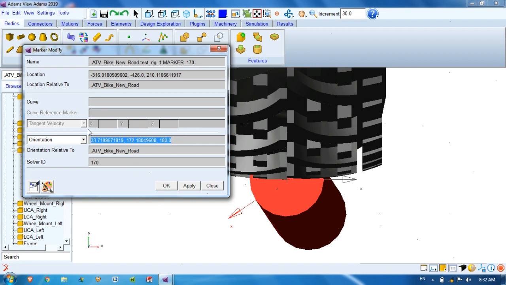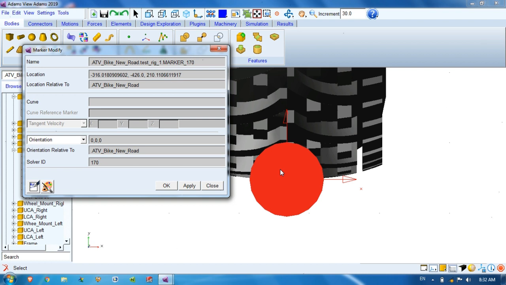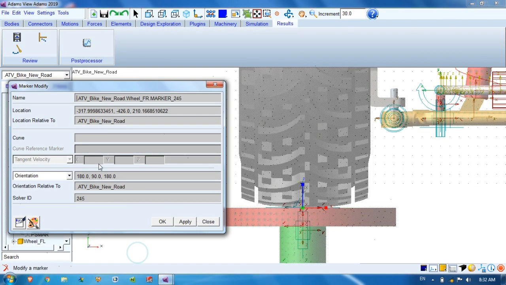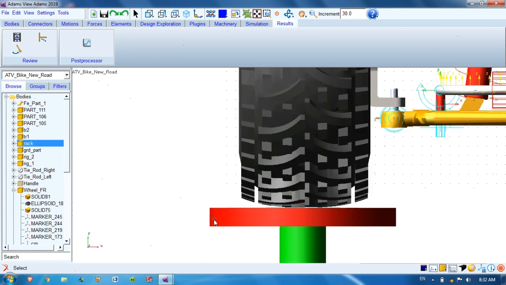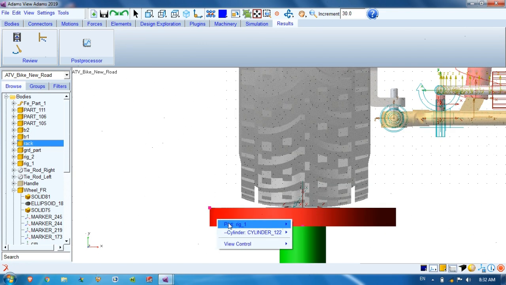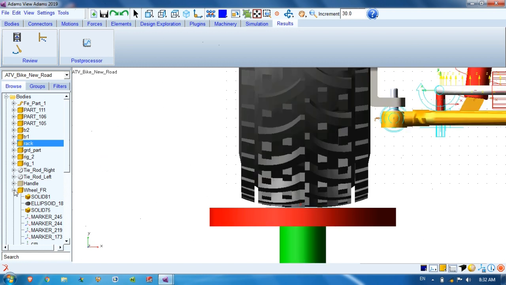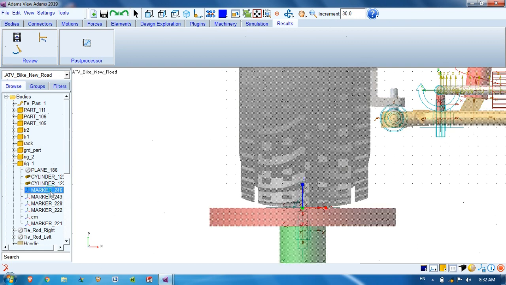So we will change the orientation of this marker. If we change this, let's say 0, 0, it will show this orientation, but this is not a proper orientation. So I will explain here. If we go to test rig 1, this is a part called rig 1.